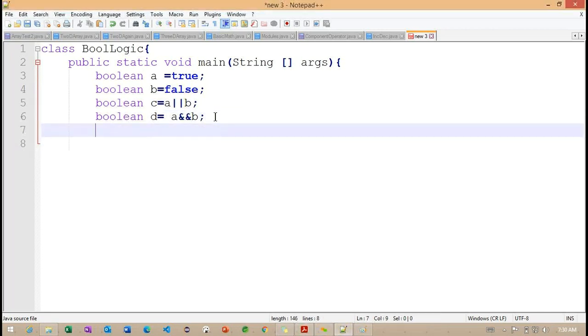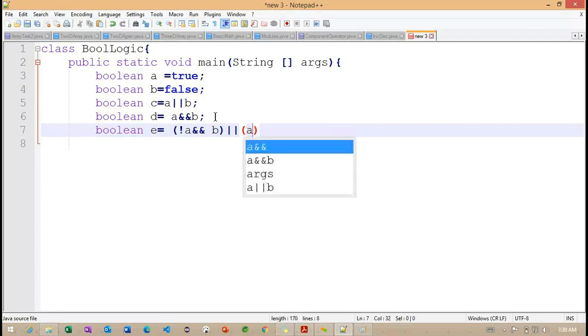One more expression I'm trying to define here, so this is important. Boolean E is equal to NOT A AND B. Here I'm making an OR condition, and A AND NOT B. C value will become true, D value will become false.